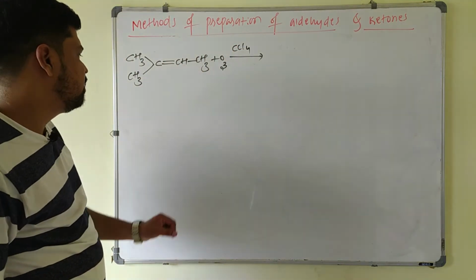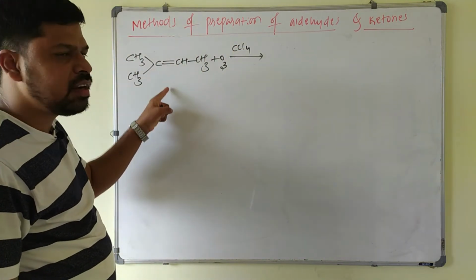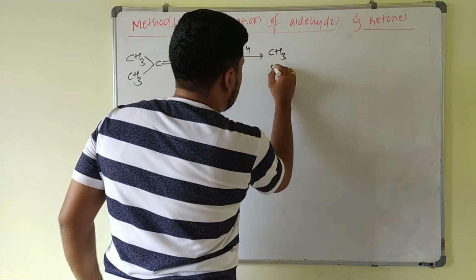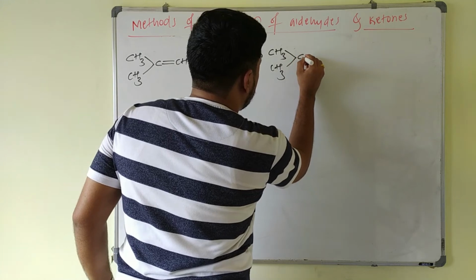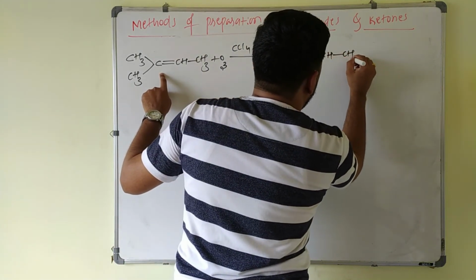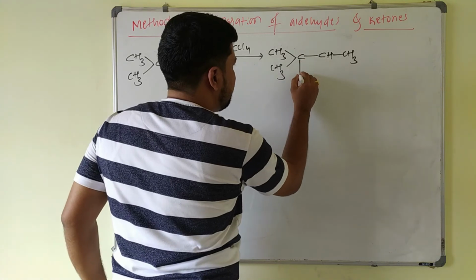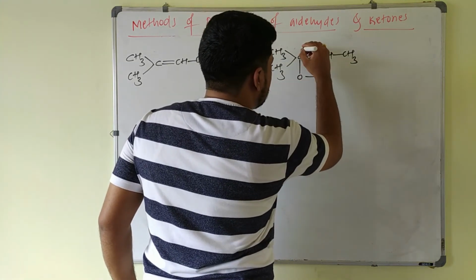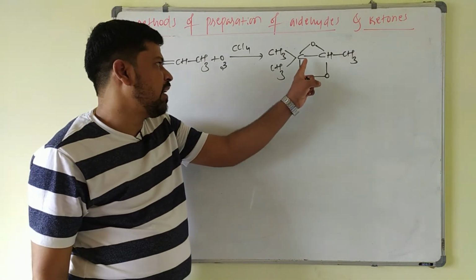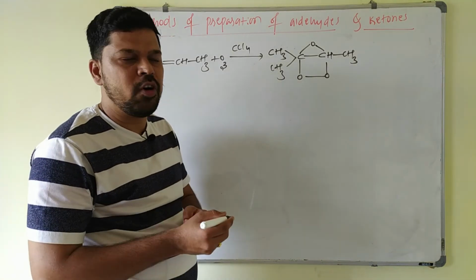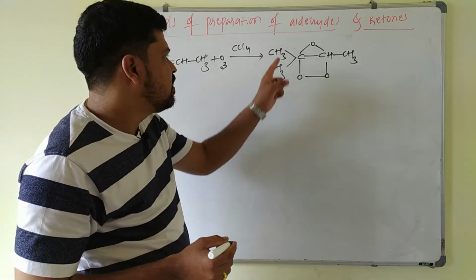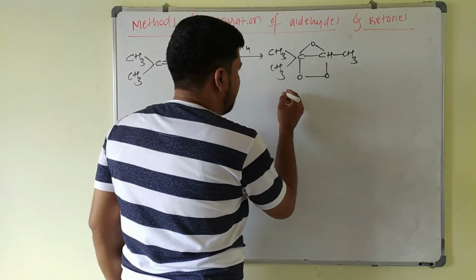Then what you have to do here? Just form a 5-membered ring across the double bond. This is CH3 as it is, this is a carbon, you write a single bond, and this will be CH3. You add 3 oxygen atoms across the double bond like this, so there is formation of a 5-membered ozonoid, which is unstable because here carbon is having 5 bonds. The maximum number of bonds that carbon can have is only 4 because its maximum covalence is 4 only. Since it is having 5 bonds, it is unstable here.